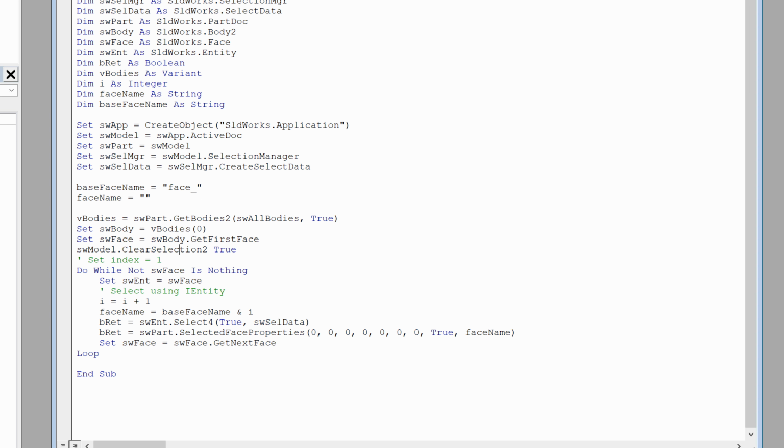So what we have here is our active document. We use this active document as a part. We initialize the selection manager and some other useful stuff, and then from the active part we take all the bodies and we take the first body of the part, because a part can have several bodies, so we are interested only in the first one, and we take the first face. The first face we will be using in the loop like here,